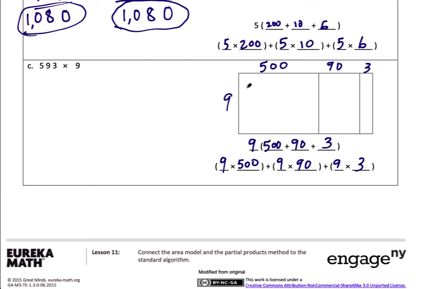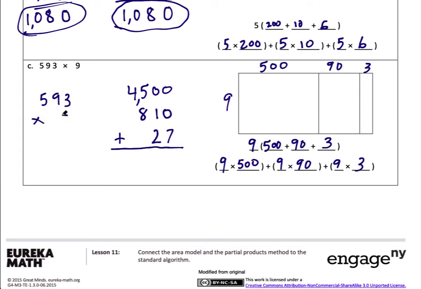All right, partial products. So 500 times 9. 5 times 9 is 45. Then I have 2 zeros, so it's 4,500. 9 times 90. Well, 9 times 9 is 81, and it has 1 zero, so that'll be 810. And then 9 times 3 is just 27. No zeros to add, so there's my partial products. I have 3 partial products. I have 3 boxes. Standard algorithm,